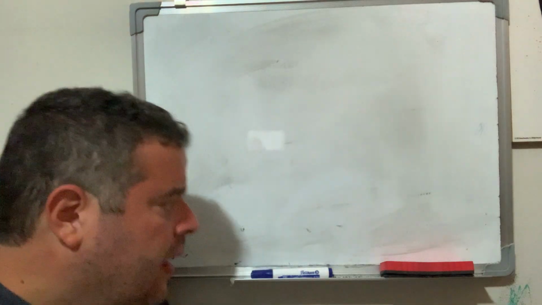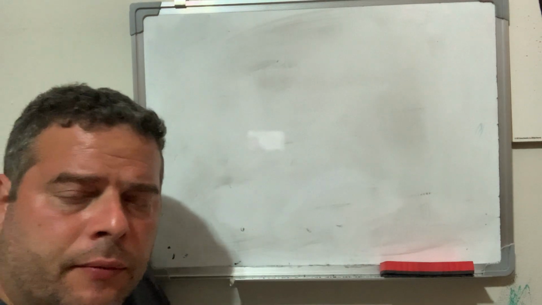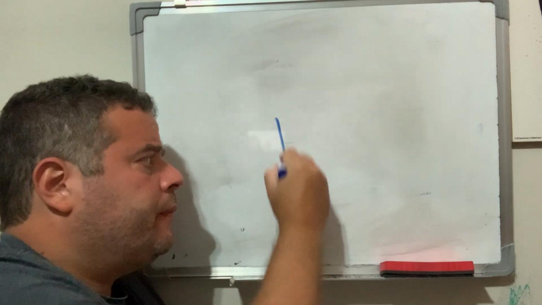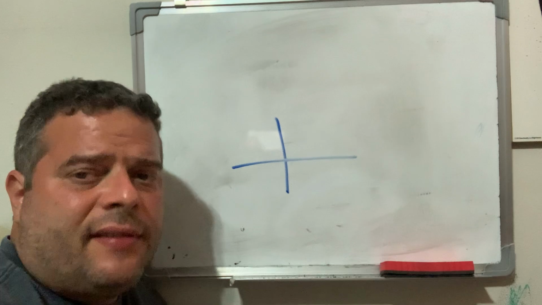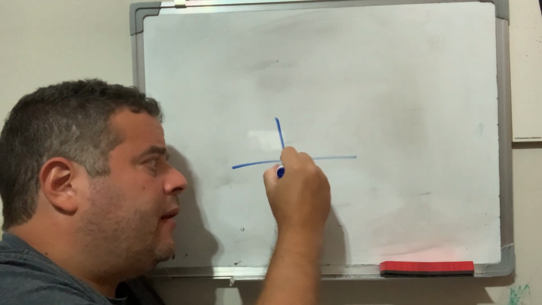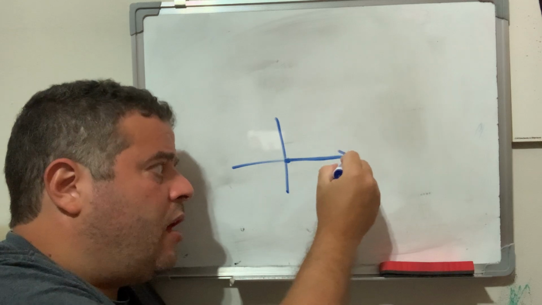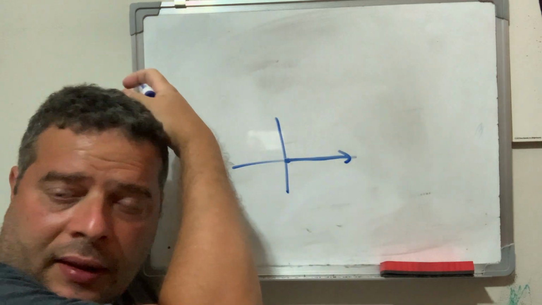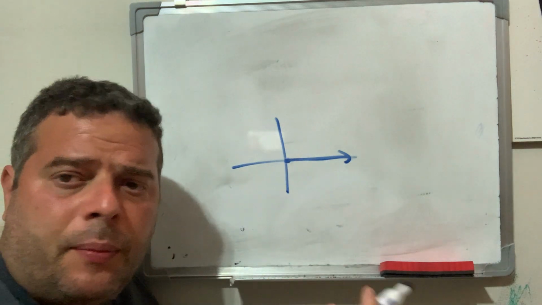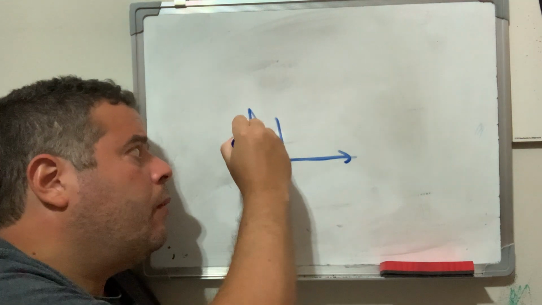Now note, let's talk a little bit about angles. There are positive angles and negative angles. Always we're going to use the x-axis as our reference point, and a standard angle has the initial side, which is always this line, the positive x-axis, so to speak, and the terminal side is where the